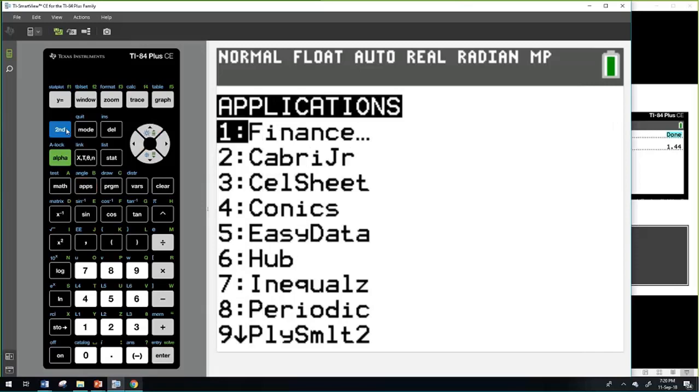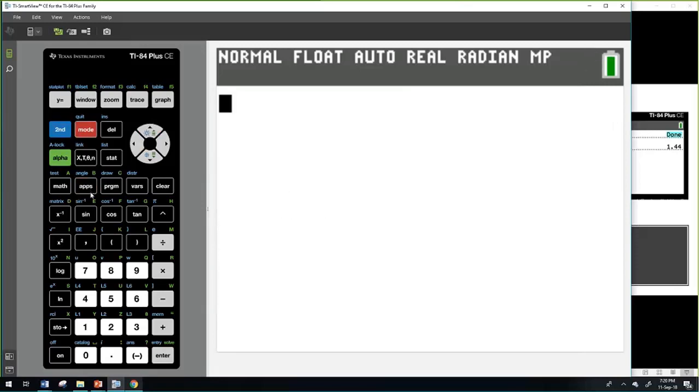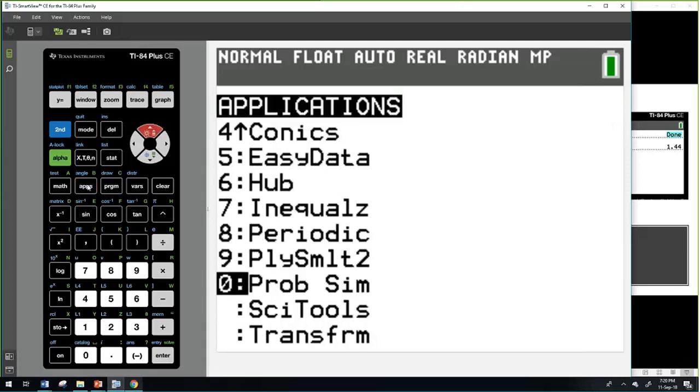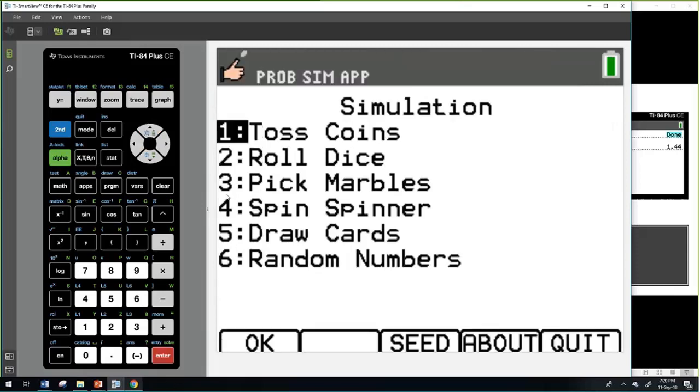All good. Okay, so to get to a probability simulation, we're going to go into apps and we're going to use number 0, which is the prob simulation. In here, I really like using the spinner for these kind of problems, and I'll show you why. So if we go down to the spinner,